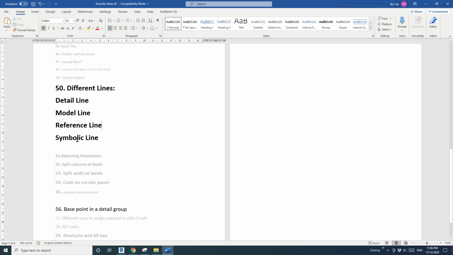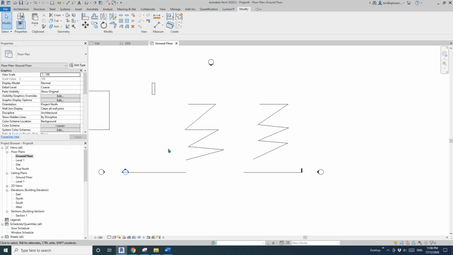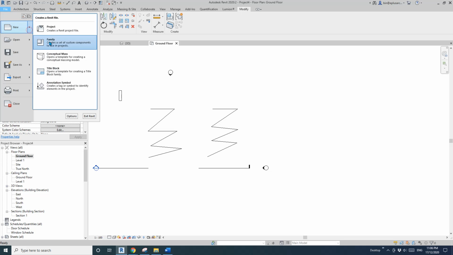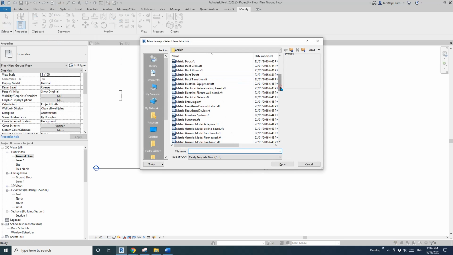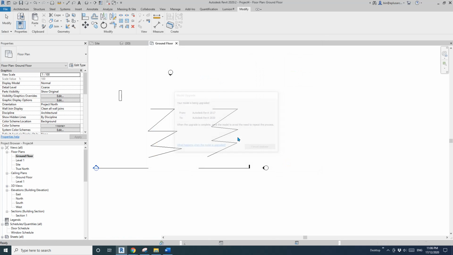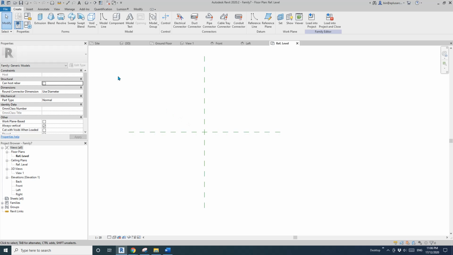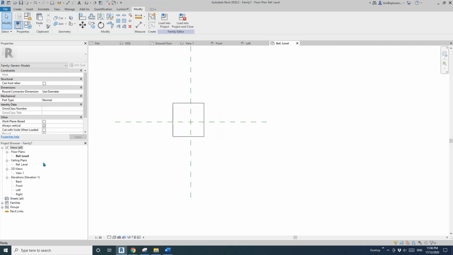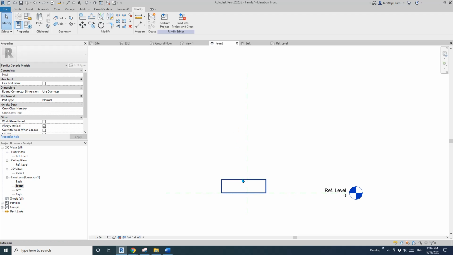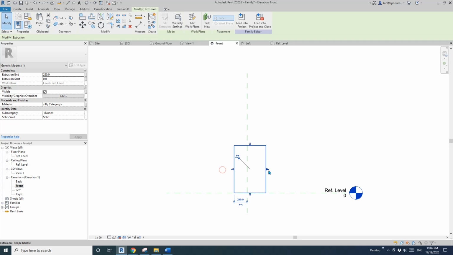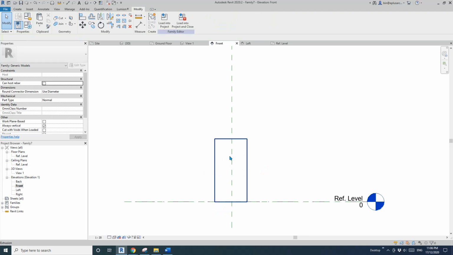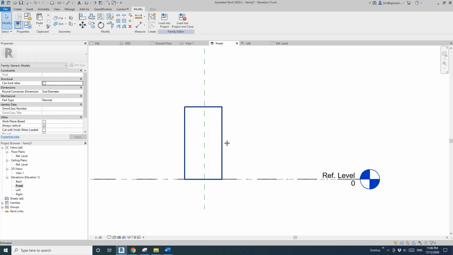Let's have a look at the symbolic line. Okay, symbolic line is also a line in the family. So let me just create another generic model. Okay, so I'll model some solid here. Let's go to front view. Let's pretend this is a joinery. Okay, so there's a door, and we need to